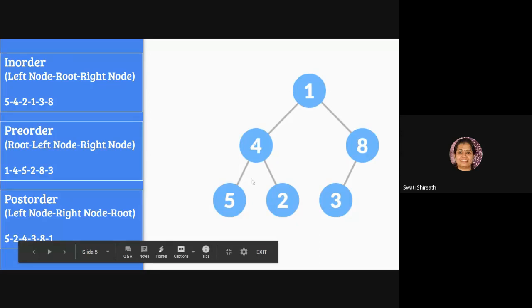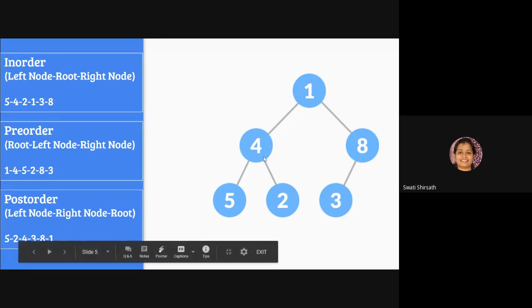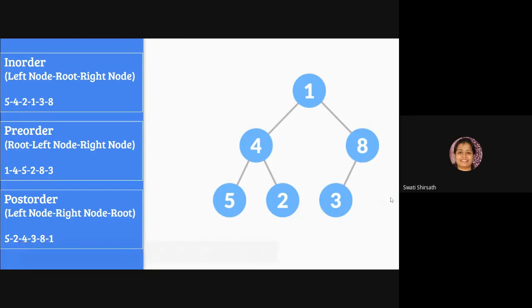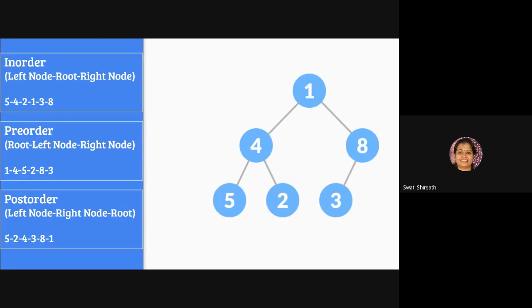You have to traverse like this. So 5, 2, 4. Then we are not going to 1 now. We will go to right side of the 1 because we have covered the left side of the 1. Now we'll go to the right side of 1 and we'll follow the same sequence. So leftmost is 3. Then we go to right. There is nothing on the right. So we directly consider 8. And then at the end we'll consider 1. So this is 5, 2, 4, 3, 8, 1. So this is our post order traversal.